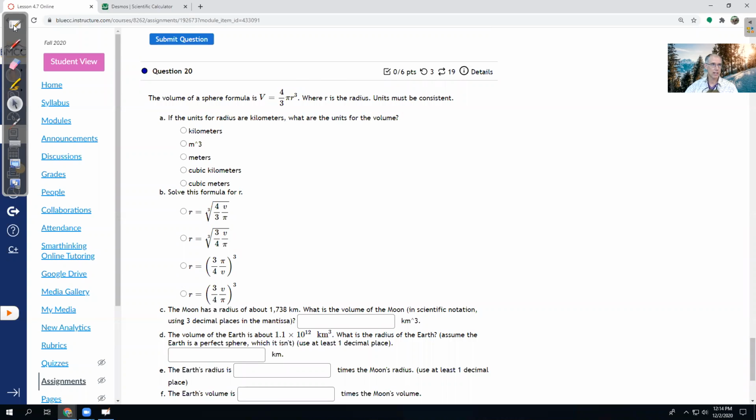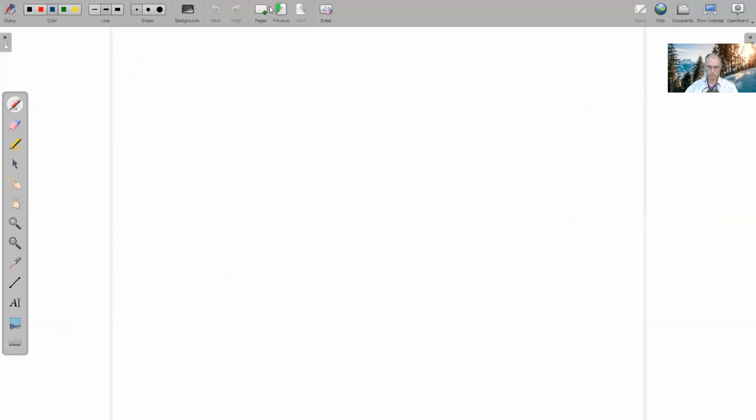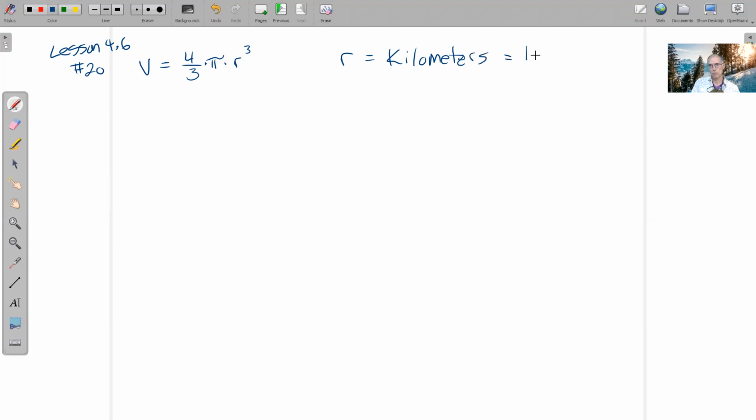So let's write this down. This again is number 20, lesson 4.6, and we have the volume is 4/3 times pi times the radius to the third power, and we're told the radius is going to be measured in kilometers. Kilometers is abbreviated km. And if I take any measurement in kilometers and plug it in for the radius,